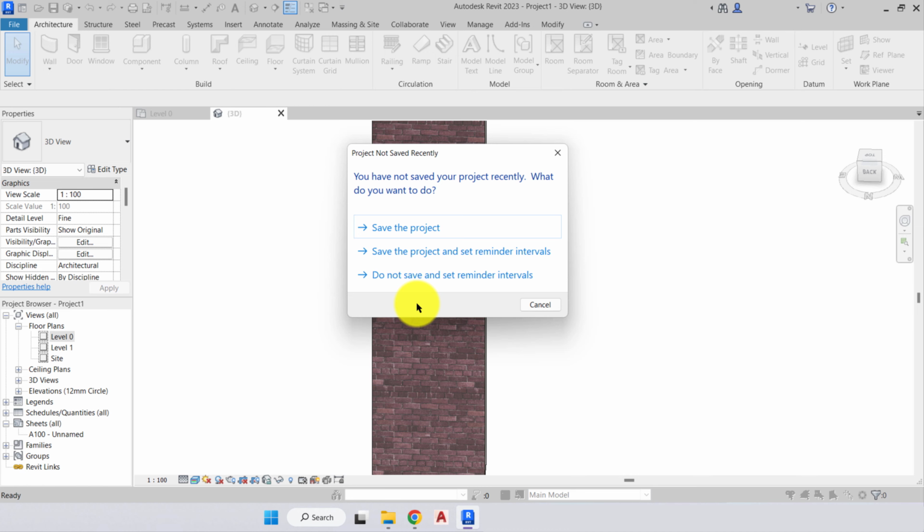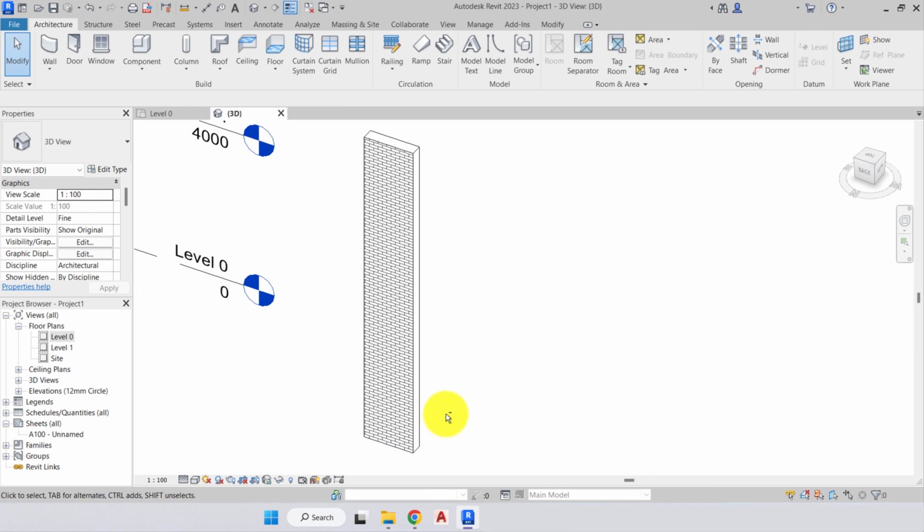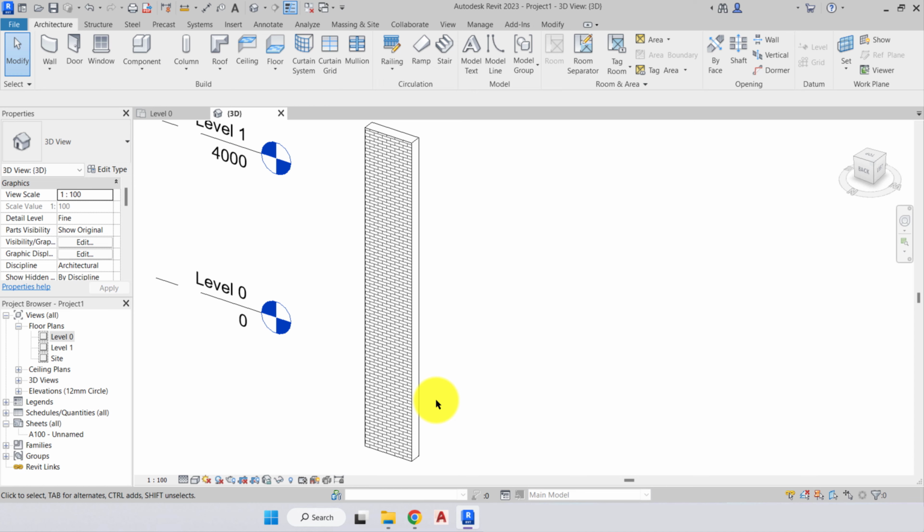So at this point, you can see I'm getting a pop-up that says, would I like to save? So what I've done is I have applied a 30-minute save option in Revit. So every 30 minutes, I'm going to get this save option. So what I'll do first is I'll save the project. And now we can see we're back to hidden line. So to further explain the saving,